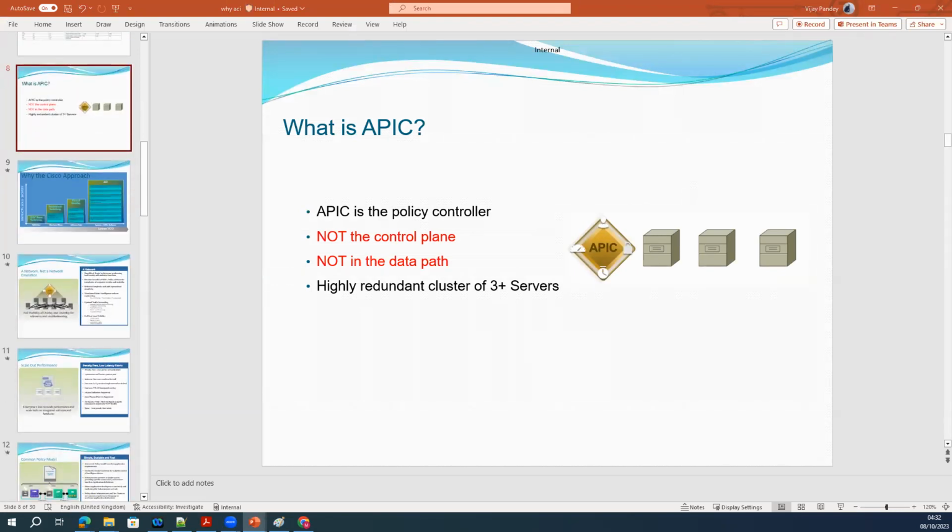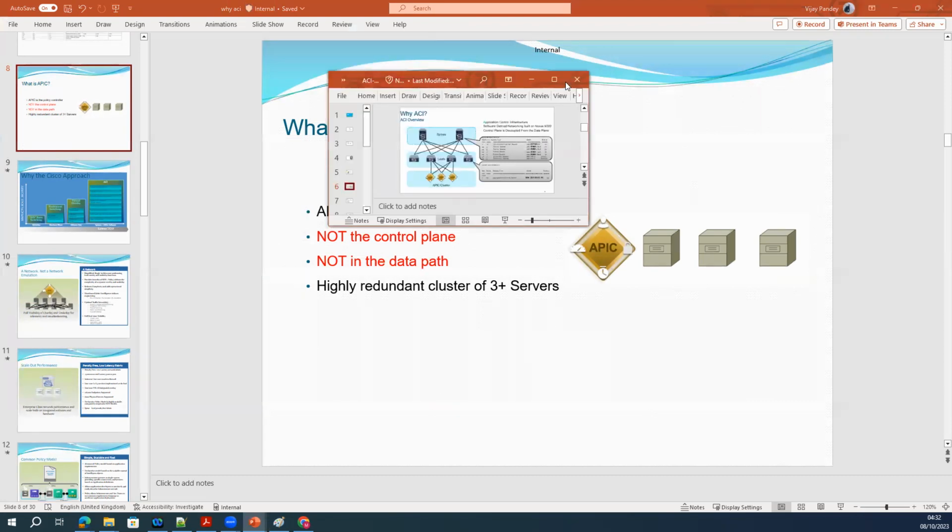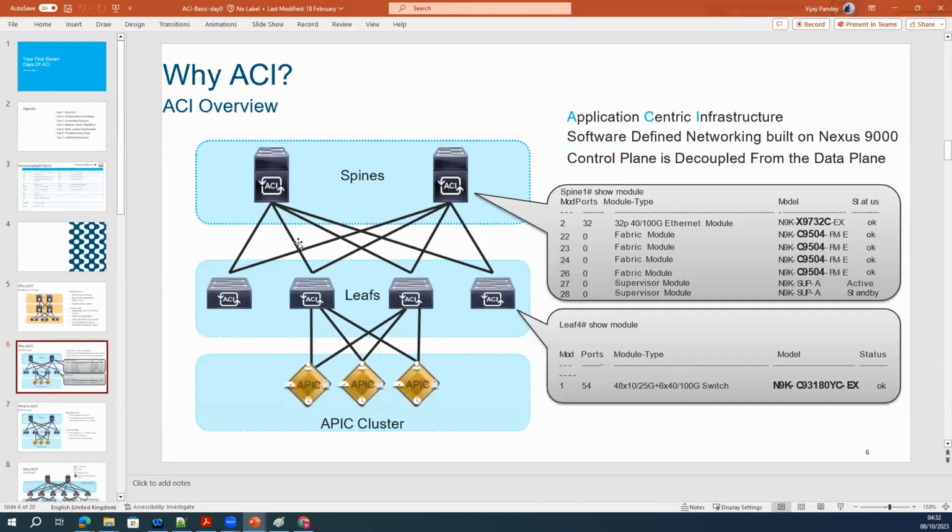Okay, so we'll talk about the APIC overview and the ACI connectivity. This is how your ACI looks. I have 3 APIC nodes, which are going to be in a cluster. You have to connect the APIC as a cluster. You cannot use the APIC as standalone. If you are using a single APIC, how many leaf and spine can you have? I think 2 or 3 maximum leaf and spine you can have to a single APIC.